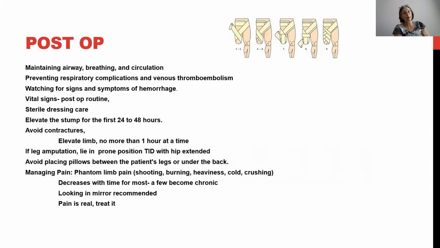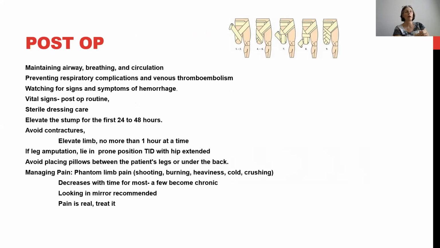So post-operatively, now we have a routine post-op patient. So our routine vital signs: turn, cough, deep breathe, incentive spirometer, making sure bowel and bladder elimination is back, making sure that they are oriented to reality, they understand what happened to them. We're protecting the remaining limbs from thromboembolism, so they might have surgical compression hose on remaining limbs, TED hose on